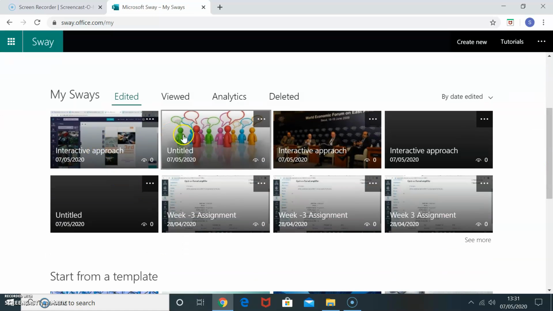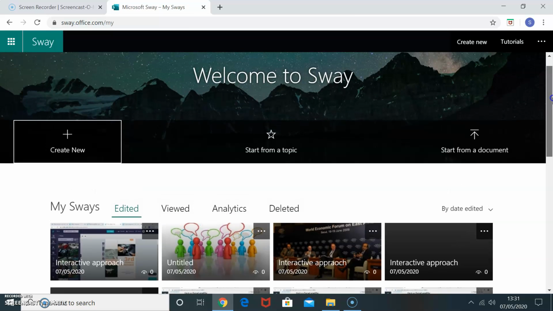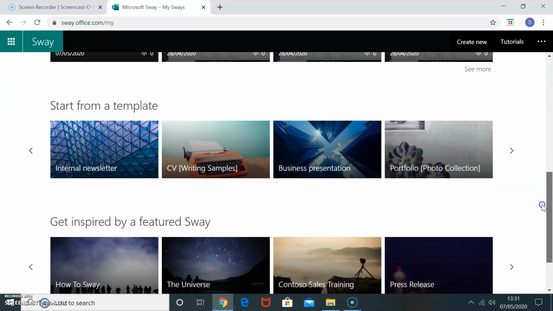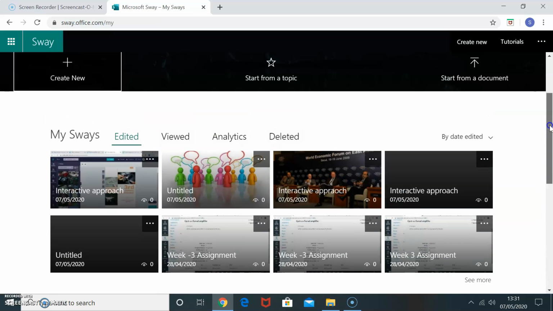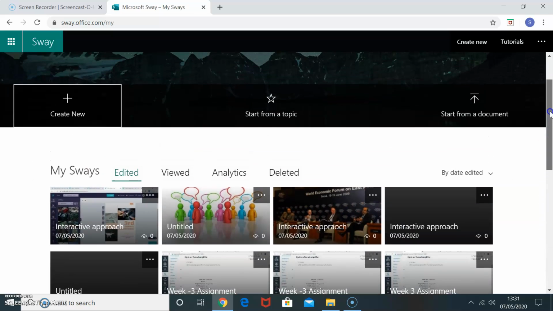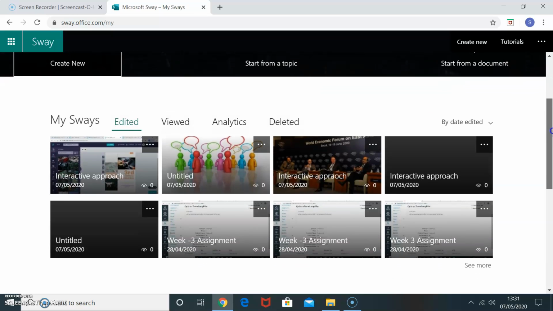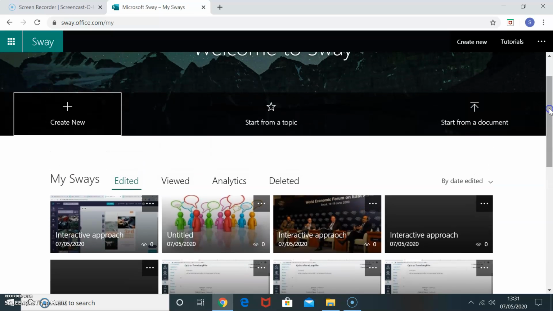These are all the PPTs I have prepared using Sway, and we have many templates also provided. You can utilize the templates. It is free of cost, there is no upgrade of it. The only thing is you must have a Microsoft account. So it is easy and very interesting actually.